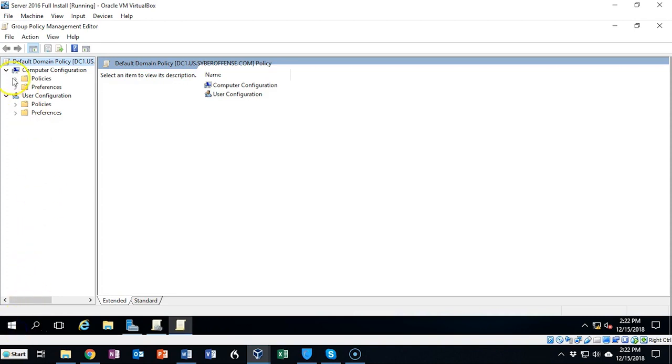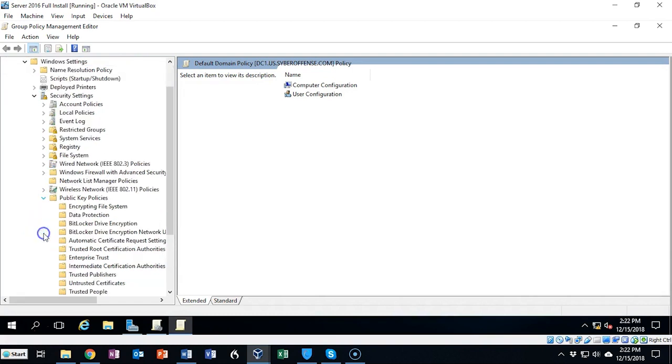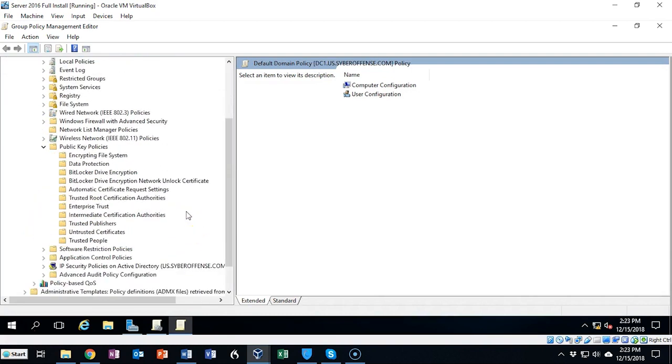To begin, we're going to expand policies just beneath the computer configuration option. From here, we're going to go to Windows Settings, and next we're going to click on Security Settings. From here, we're going to scroll down till we come to Public Key Policies. We're going to expand that. From here, we're going to find the Trusted Root Certification Authorities container, and we're going to right-click on that, and